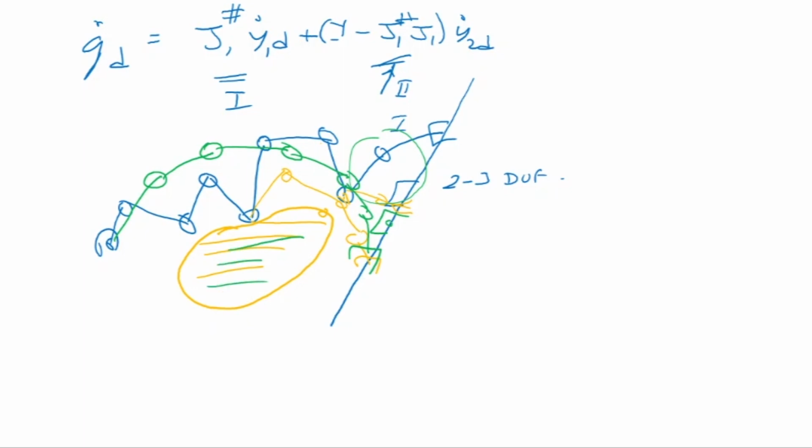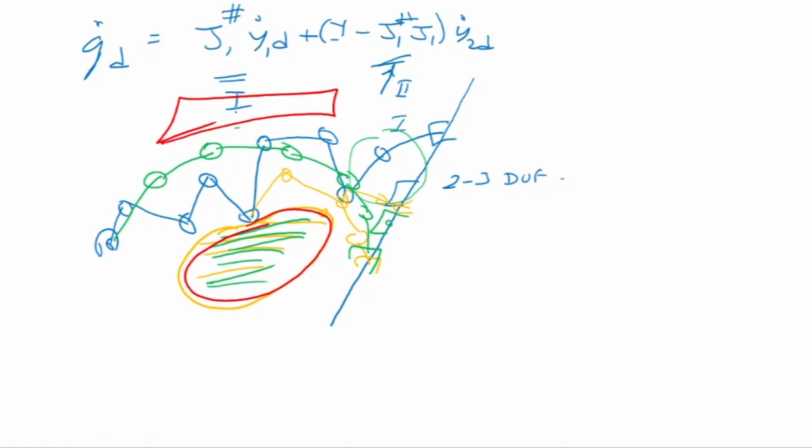So it was using some degrees of freedom to follow the line, and it is using other degrees of freedom to avoid this obstacle. For example, if there is a narrow passage like this, so there's an obstacle on this side, there's an obstacle on that side also. Let me put some other color here. Maybe there's an obstacle here, and there's an obstacle there now, but I want it to follow this straight line. So it has to keep away from this and keep away from that also. So it is using some degrees of freedom to do this task. It is using other degrees of freedom to do that task.